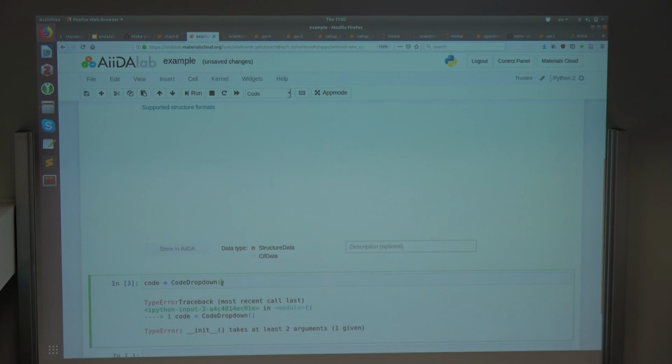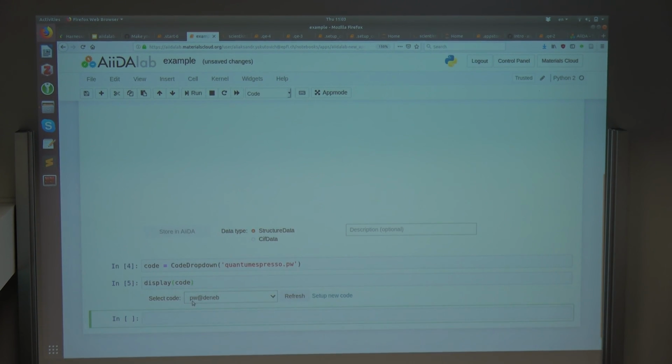Sorry, I forgot one thing that's very important. I need to say what plugin it expects. So it should be quantum espresso .pw. Did I make any mistake? Let's see. Now it works. Oh, I was scared. Now we do display